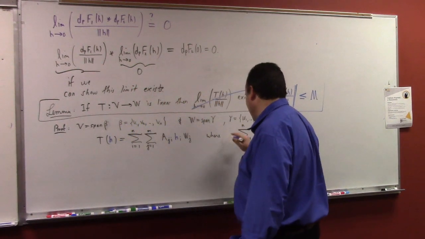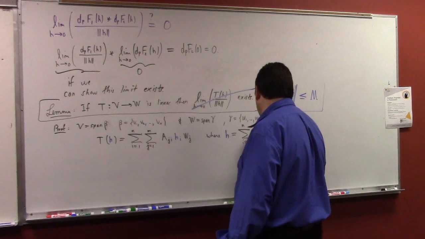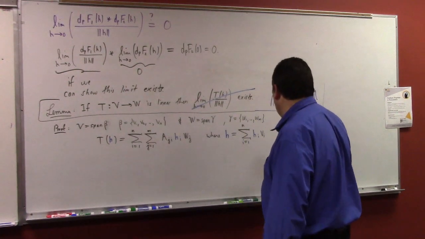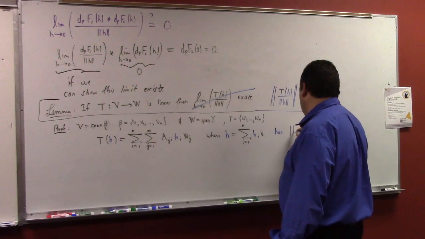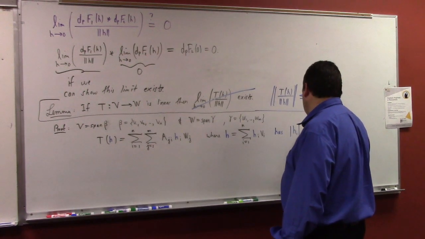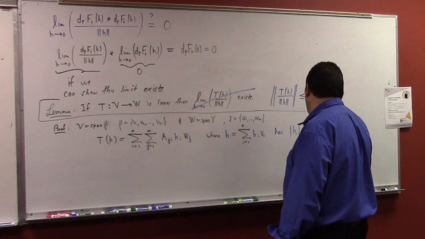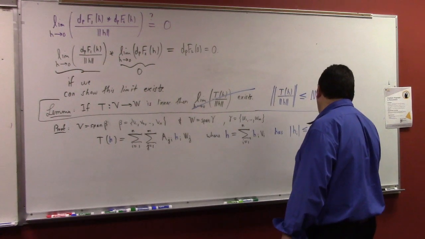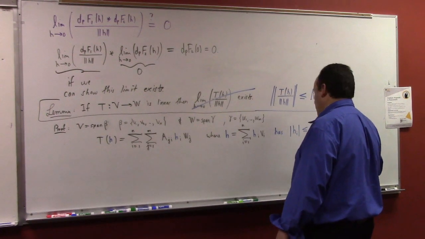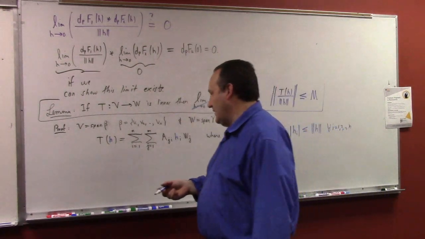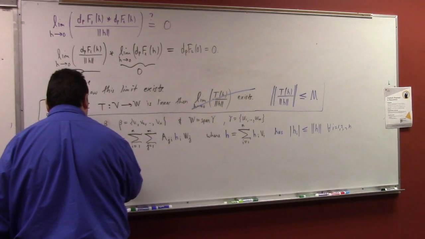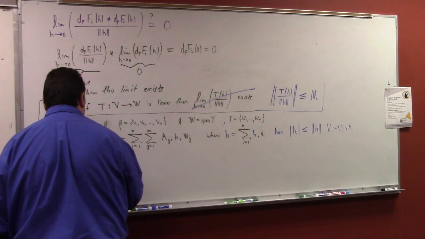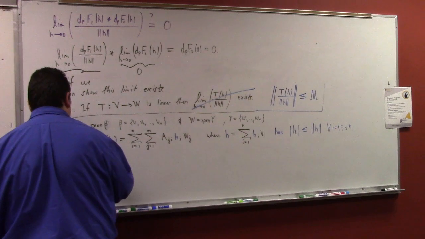So this has the absolute value of h sub I less than or equal to the norm of h for all I. We have that. And so if we look at T of h divided by the norm of h, and we take the norm of that,